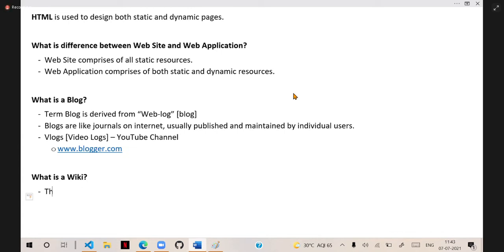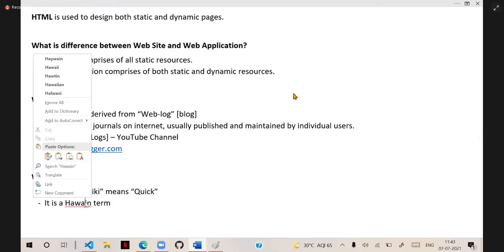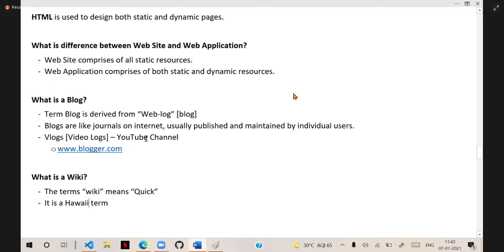Actually, the term wiki means quick. It is a Hawaiian term, which means quick.